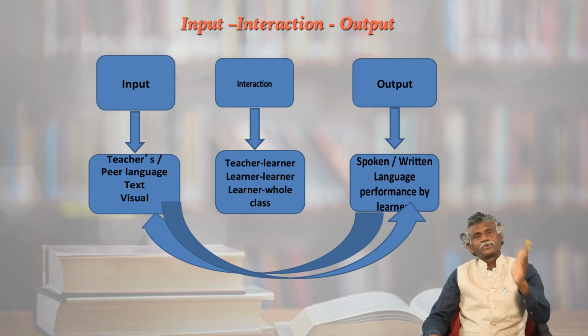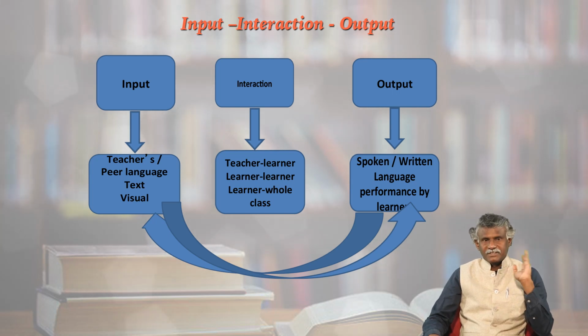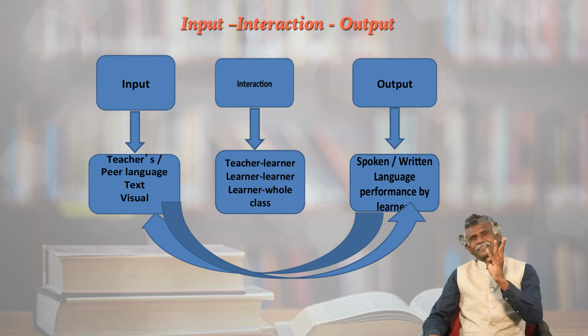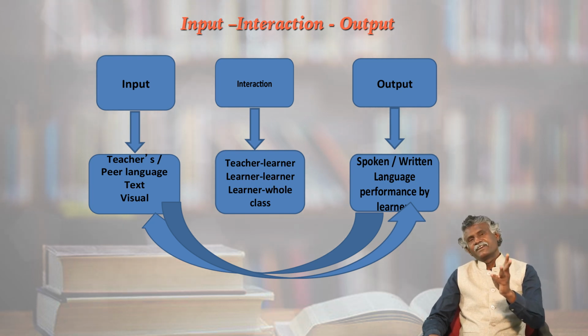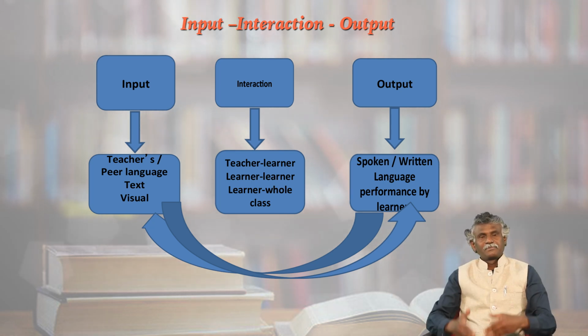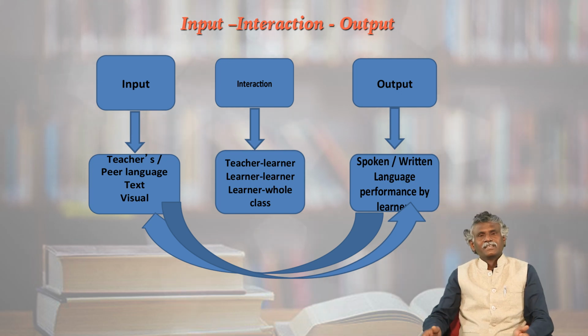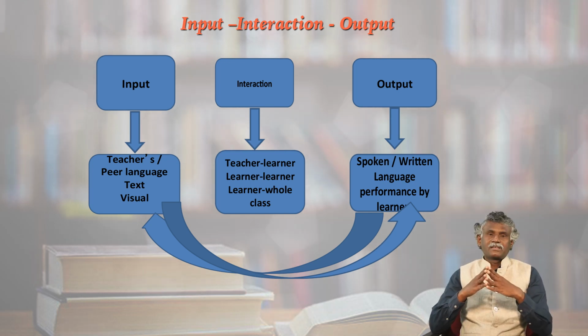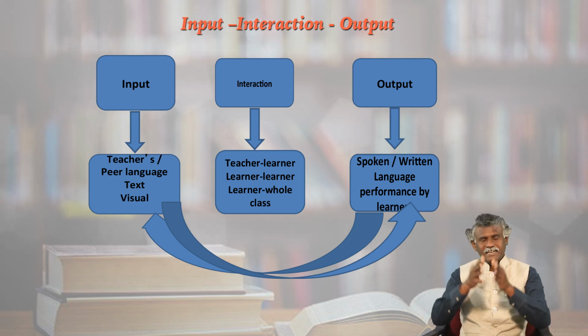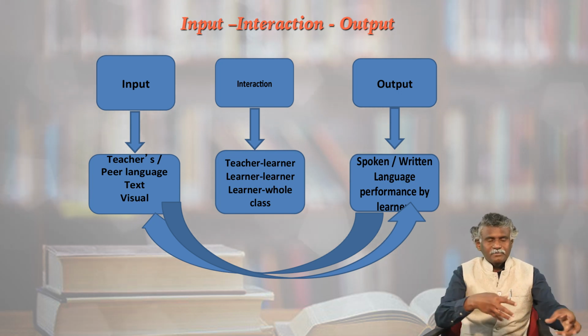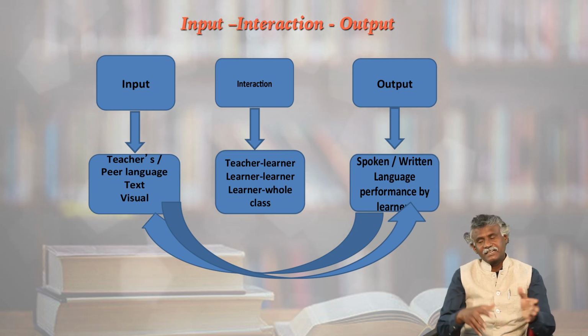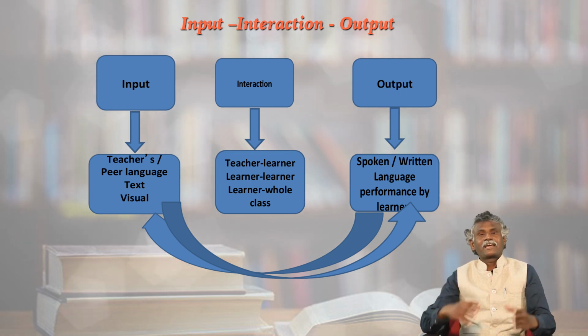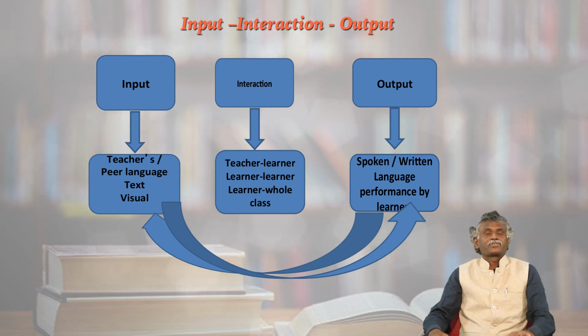In a classroom situation, some input is given. What are the inputs we have seen in previous lectures? One is the text, in the form of a textbook or anywhere, teacher's language and peer language. It may be visual, radio news, or television news. That is essential for a language classroom, but that is not sufficient. People have to work with it, make meaning out of the text and ideas given, and talk to people, through dialogue and interactions. Then that leads to language production.